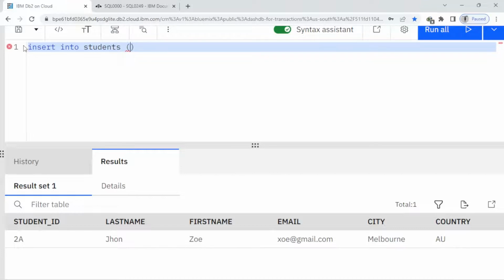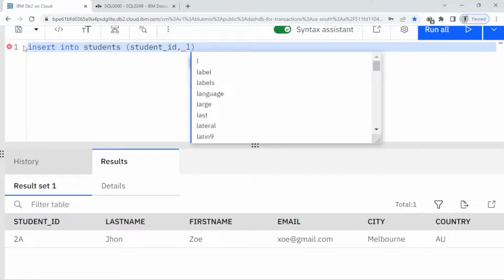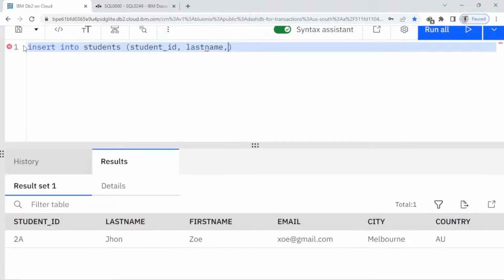So the first one I have to write the name of the columns here, student ID, comma, last name, comma,